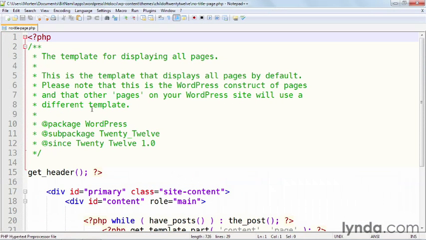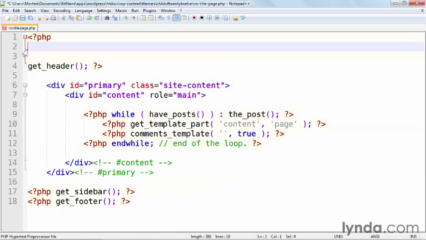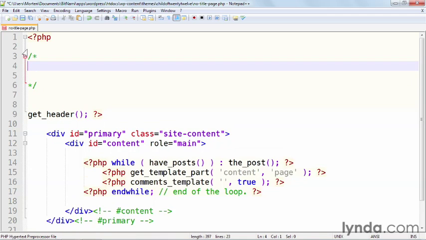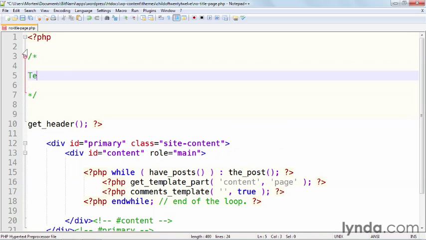Now I have to tell WordPress that this is a custom page template. The way I do that is I add a comment at the top. So I'm going to remove the comment that's already here. And then I'm going to add a comment. And in here, I'm simply going to type Template Name, and then give it a new name. And the name should be very descriptive, so it'll be No Title Page Template. All I now have to do is save this new page template with this comment at the top, and I